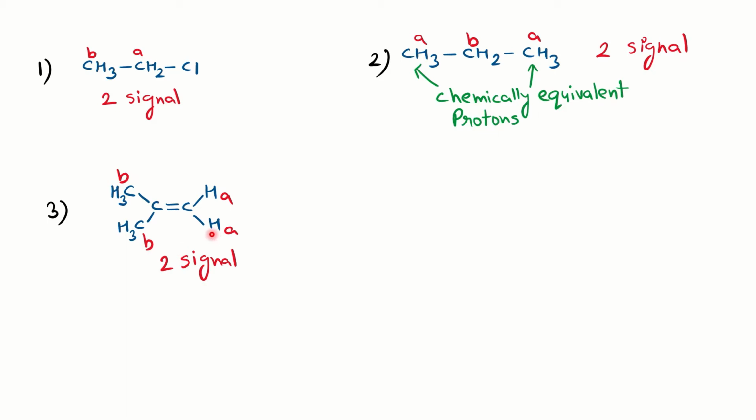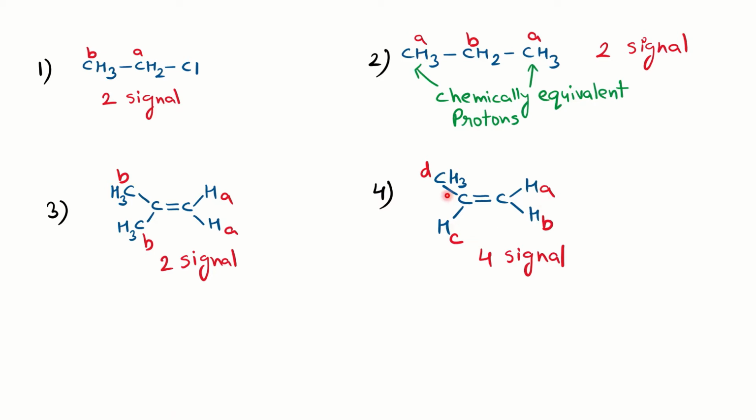Here again you have CH2, 2 protons attached to the same carbon with respect to this double bond, and on the other side you have 2 methyl groups attached to the same carbon. So basically we need to find whether the 2 protons attached to the same carbon are chemically equivalent or non-equivalent, and you can notice here both the protons are in the same environment of methyl, therefore are chemically equivalent and will give you the same signal. Similarly, the 2 methyls are in the environment of 2 protons here, so chemically equivalent and will give you the same signal. So total 2 signals for this molecule.